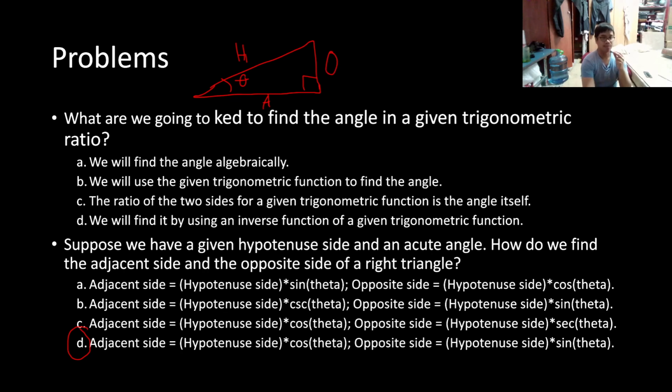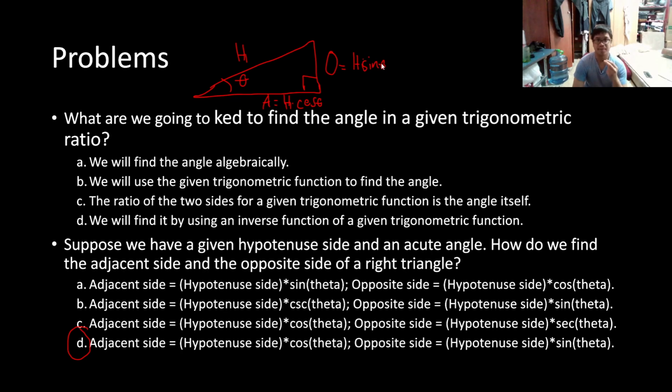So here, all we need to do is just take a look at this case, right? If you're going to find the given side of the adjacent, all we need to do is multiply the hypotenuse by cosine theta. And likewise for the opposite, all you need to do is multiply the hypotenuse by